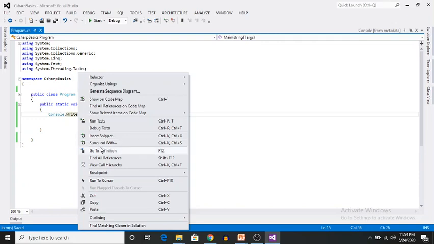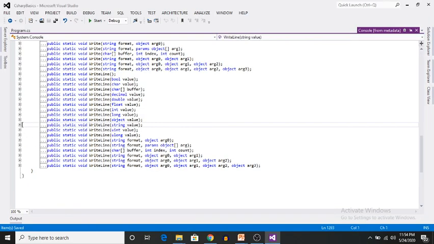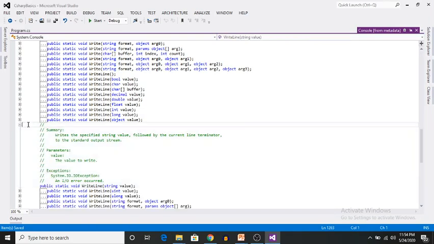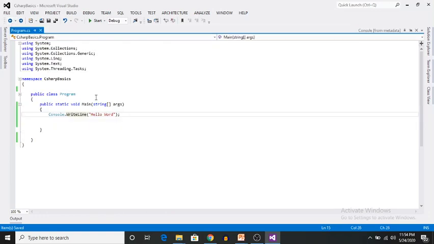If I click on go to definition here, WriteLine accepts the value as a string. It writes the specified string value followed by the current line terminator to the standard output stream, meaning it will display the value written in this method on the console.